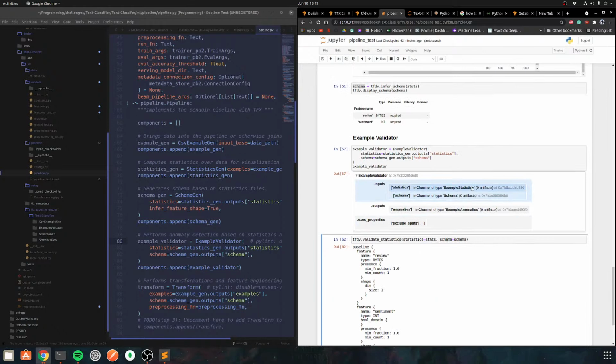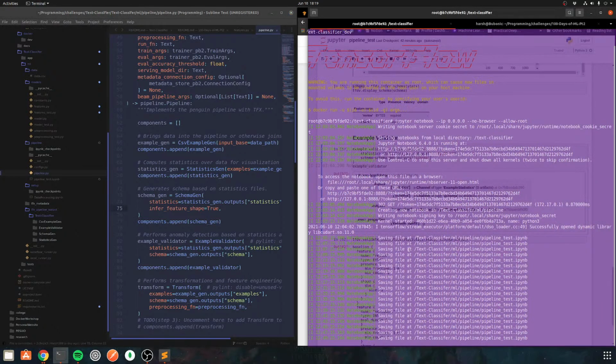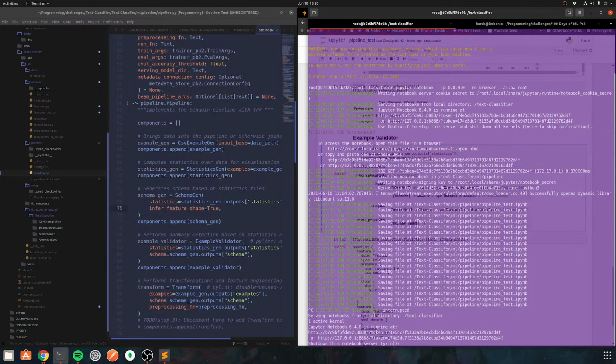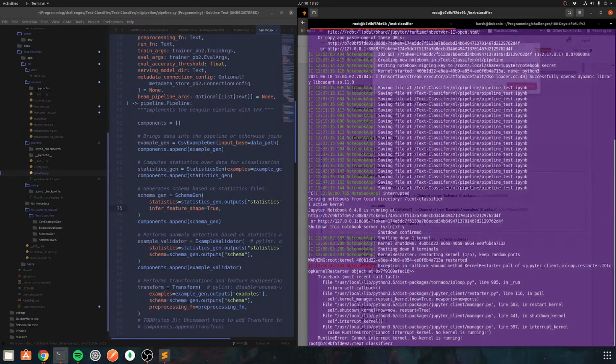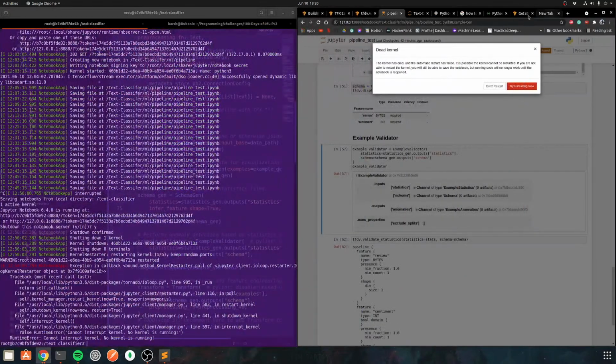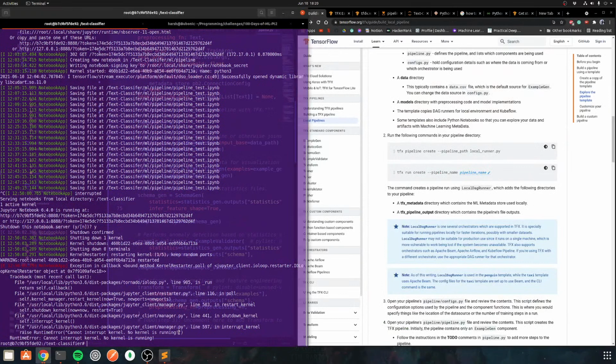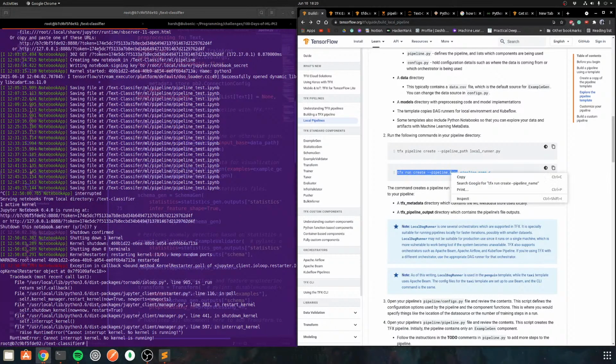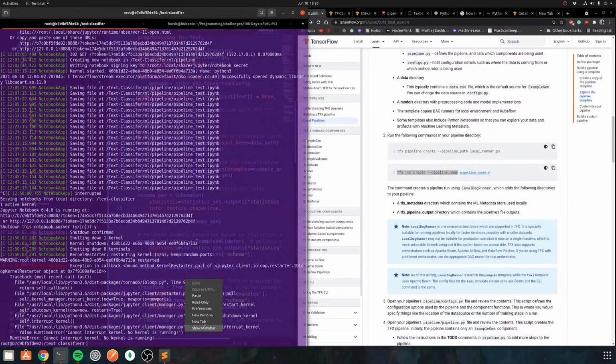But for some reason it's not loading into the pipeline. I wonder if that's different if I run it on the terminal. So what was the command again? Run tfx run pipeline name, and then